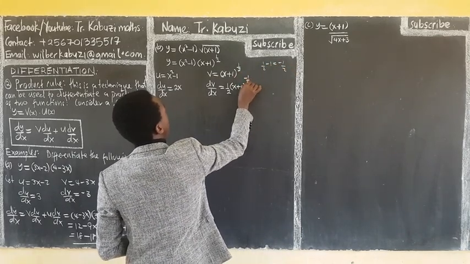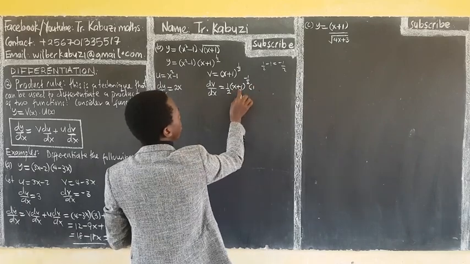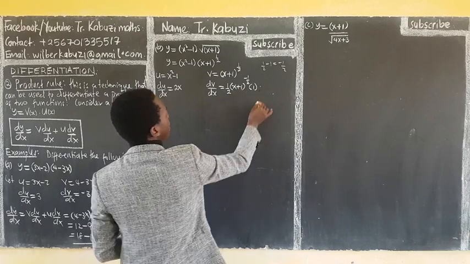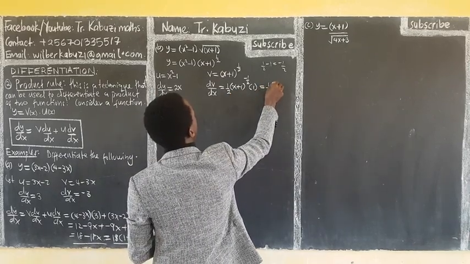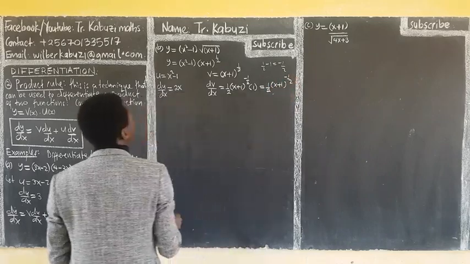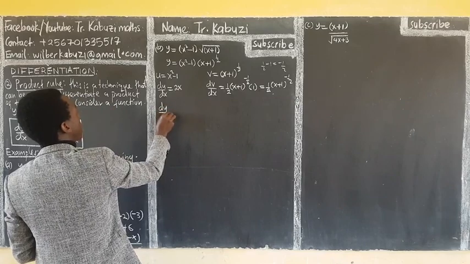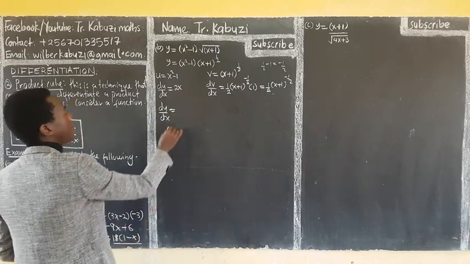So this is negative a half. Now differentiate the bracket. When you differentiate this, you get 1, and differentiating the 1 gives 0. And so this one is going to give us 1 over 2 into x plus 1 power negative a half. So now our dy dx, which is equal to now b